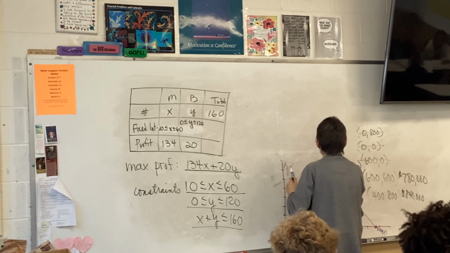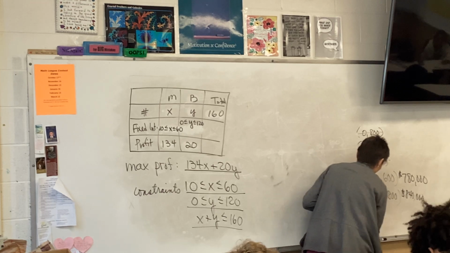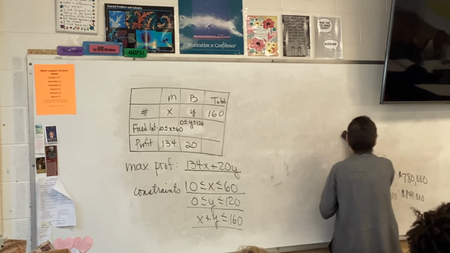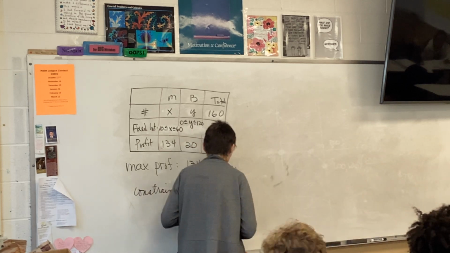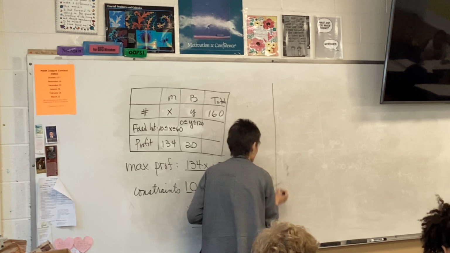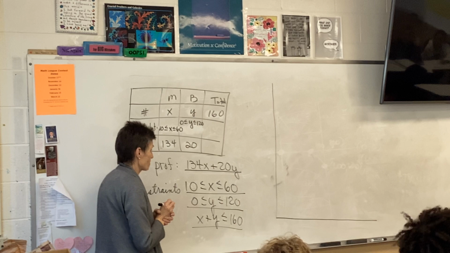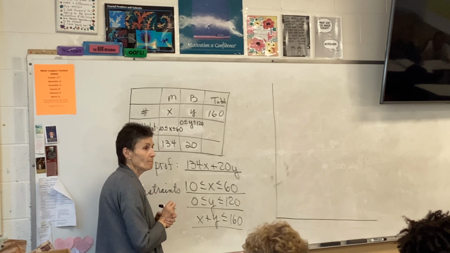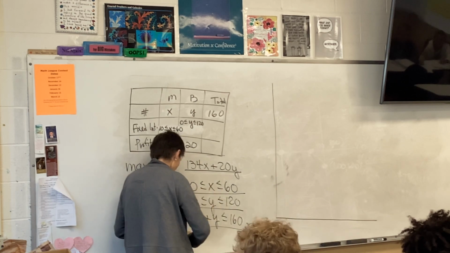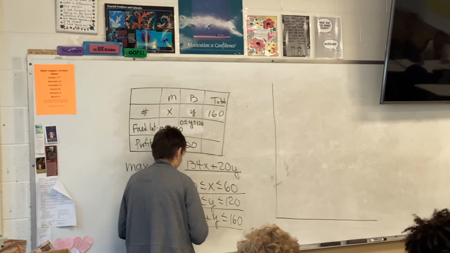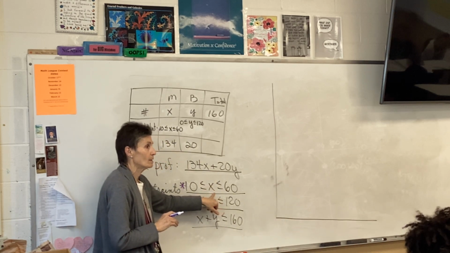All right, so let's graph. Looking at these numbers, maybe use 10 as my scale. Does that seem okay? Use 10? All right, so here we go. I'll do this one right here in purple. All right, who remembers how I graphed that? These are my X's now. So what do I do? I go